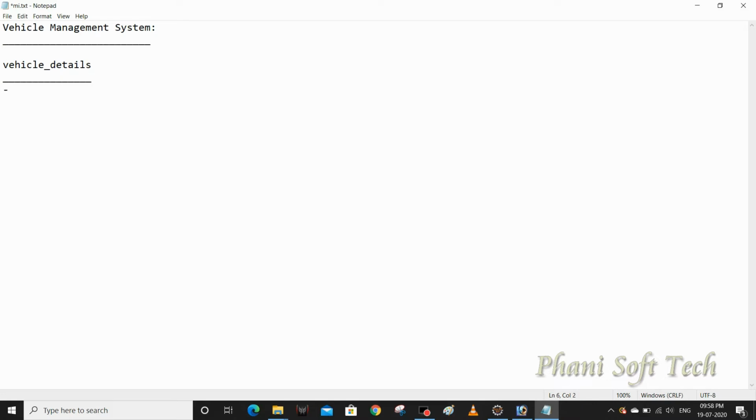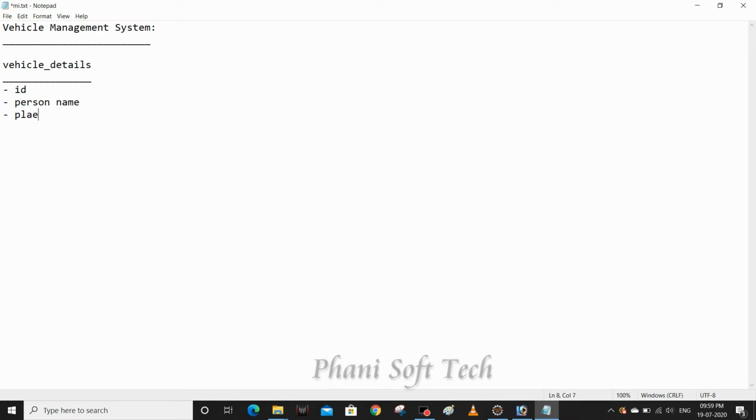This table has an ID, the name of the buyer or person name, place, car name, or vehicle name, and finally the image of that particular vehicle. If it is a car, we need to store a particular image for it. These are all the columns in the vehicle details table.